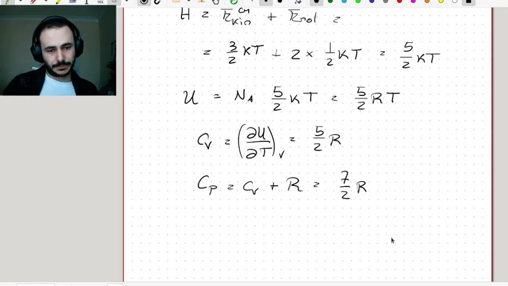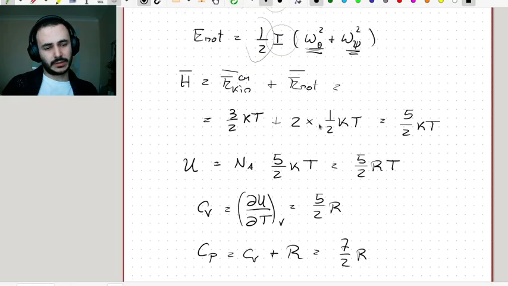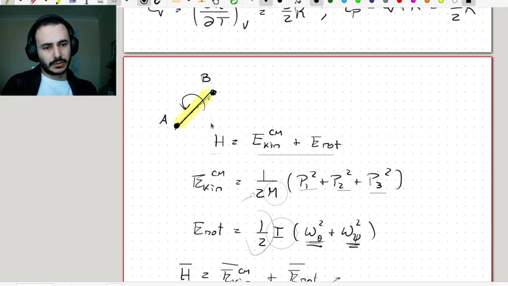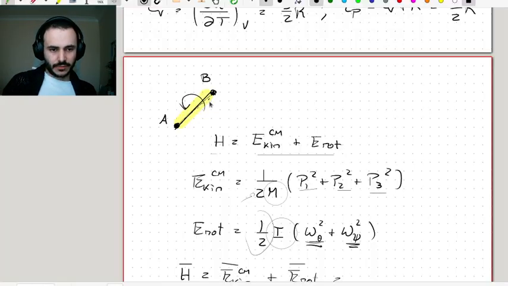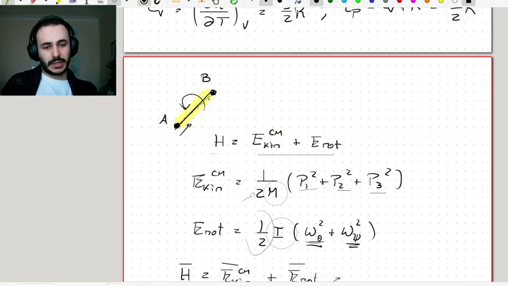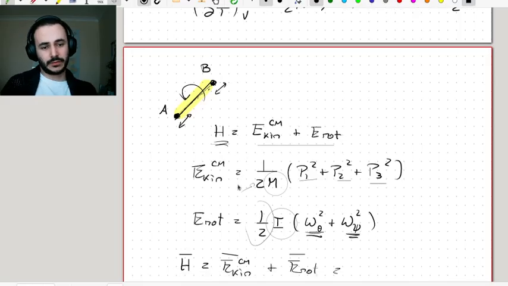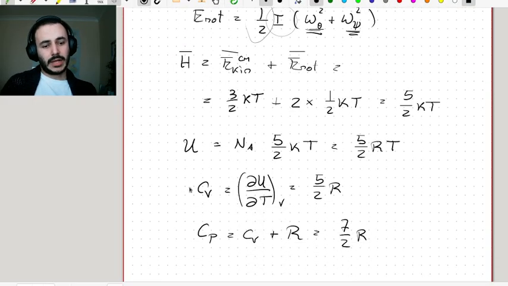However, this model of diatomic molecule, first of all, is a classical model, so whichever way you put it, it's missing something quite important, which is quantum. But even if you go for a classical modeling, there's something very important that we're missing out here. The molecule is not just going to rotate as a rigid body, but actually the atoms can do small vibrations around their equilibrium positions as well. And this will complicate the Hamiltonian and will actually change the value of the heat capacities. And this is something we're going to discuss in the next